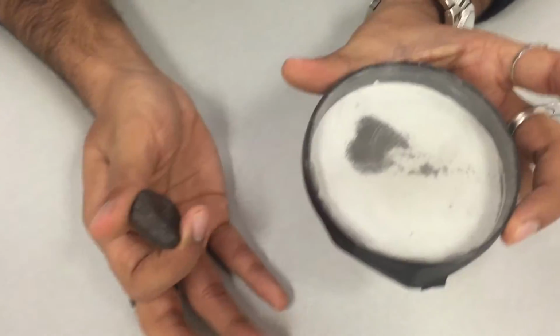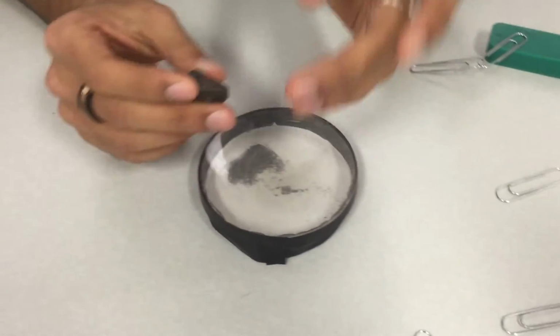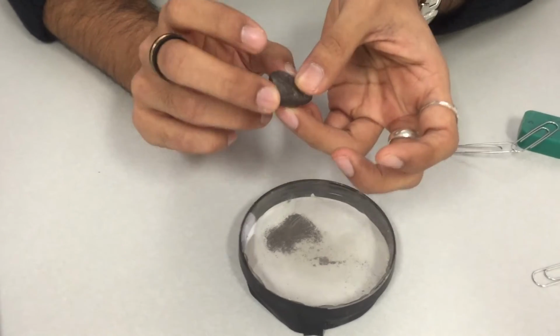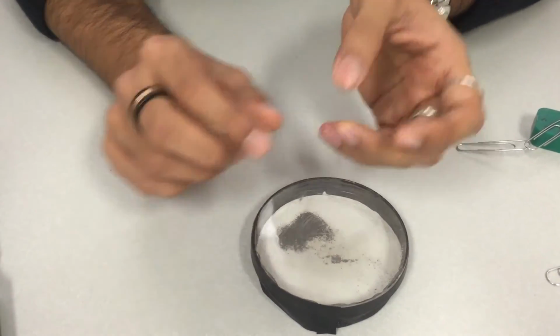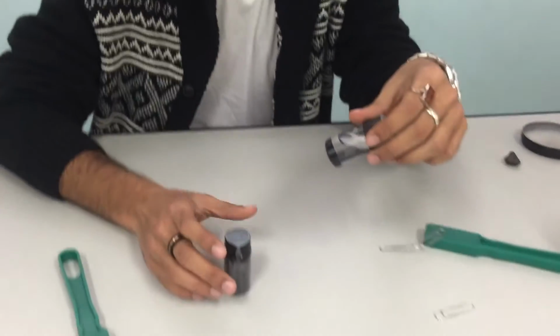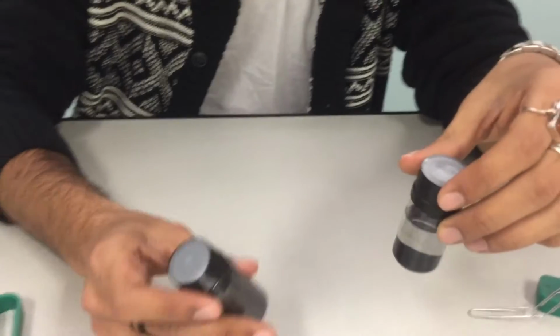Actually, something cool to tell the students is that the iron filings in here and the iron in the lodestone are both Fe3O4, so they're the same material. And we're going to get into something a little interesting in a bit. To further demonstrate the concept of magnetic fields, we're going to play with this iron oxide powder,